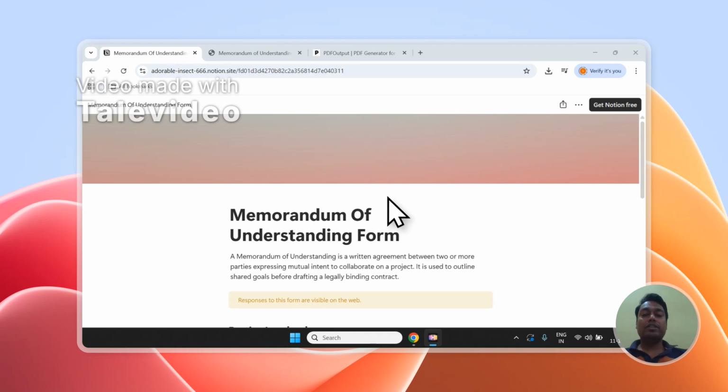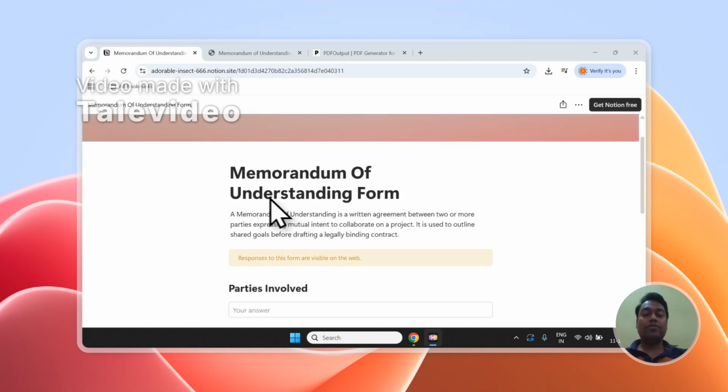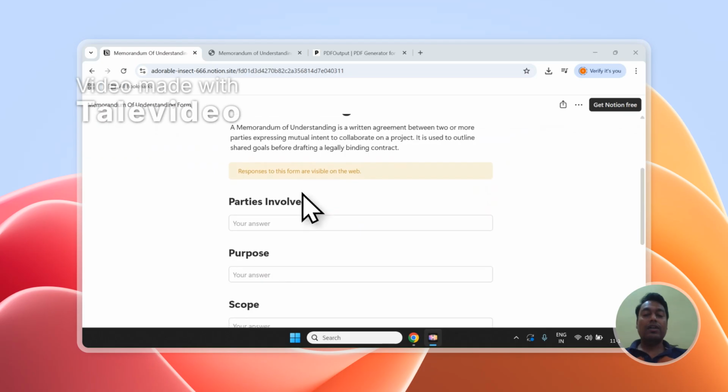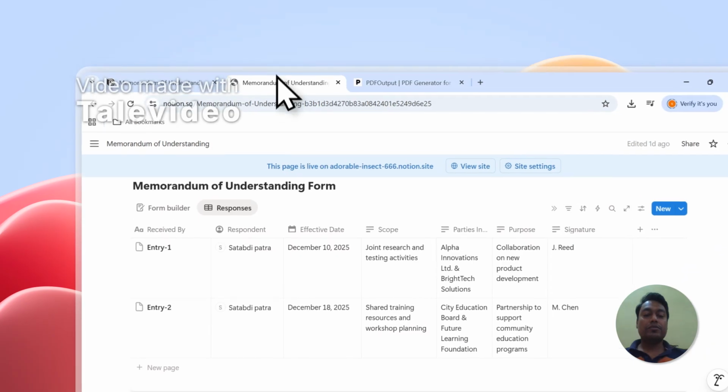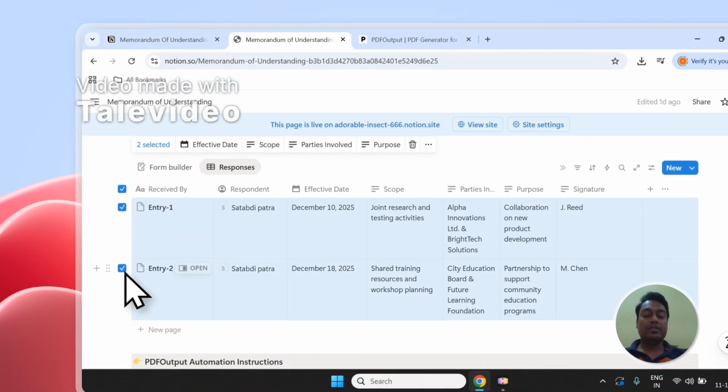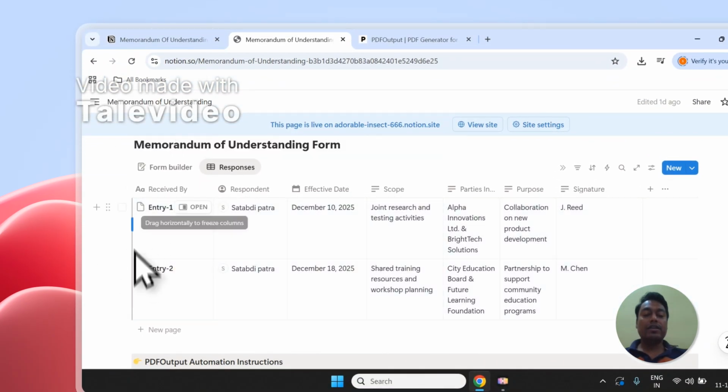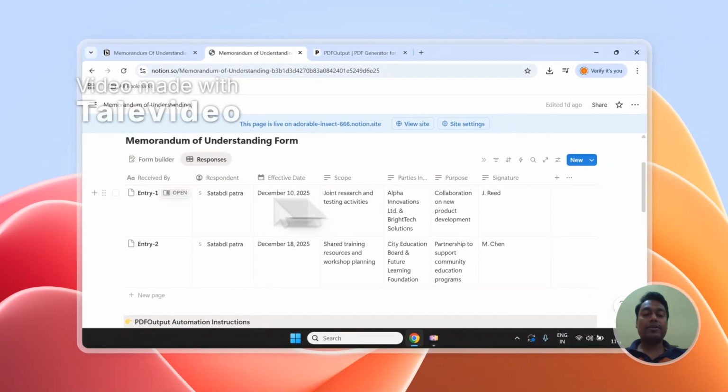Hello. Today we're going to understand how to create PDFs and automation from a Notion form. As you can see, I have got an MOU form over here, and once all the details in this particular form are filled in and the user clicks on submit, the responses will come under the responses view in the database. I've already added two entries out of the particular form, and now I'm looking to convert these entries into